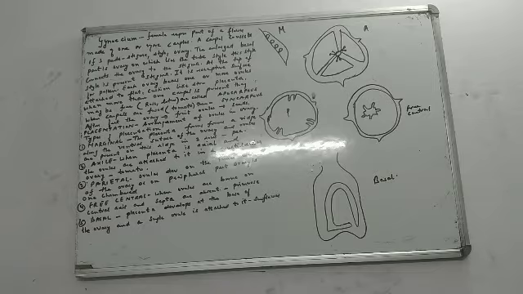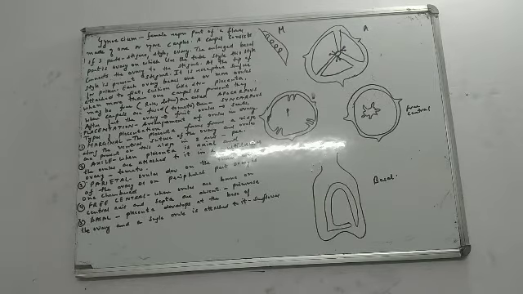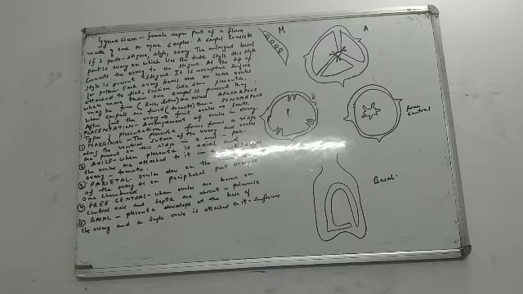So apocarpous is when the carpels are free, and syncarpous is when the carpels are fused, like in tomato. What is the difference between apocarpous and syncarpous? The similarity is that both of them have more than one carpel. The difference is, if the carpels are free, it is apocarpous, and if the carpels are fused, it is syncarpous. Remember rose or lotus as examples of apocarpous, and the easiest example for syncarpous is tomato. We also know that after fertilization, the ovary matures and becomes a fruit, and the ovules convert into the seeds.